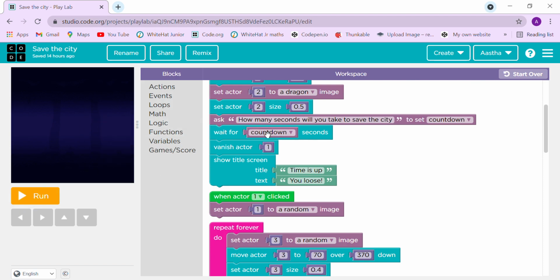So here we ask how many seconds it will take to save the city, that is, the minimum time to save the city.